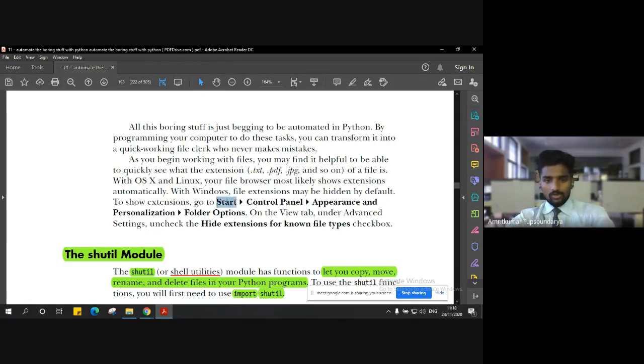You go to start, control panel, appearance and personalization, then click on folder options, and there you will get a view tab. Under the view tab you can go to advanced settings to uncheck hide extensions, right? By default it will be hidden. You have to uncheck it so that the extensions are visible, and you can clearly see the file type or document type for that particular document.